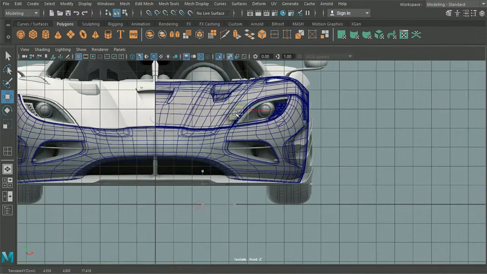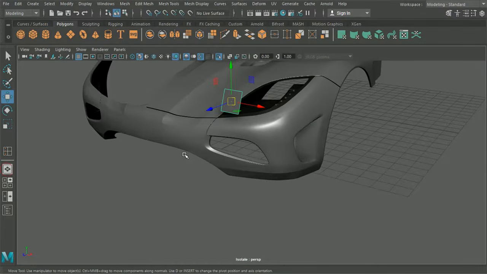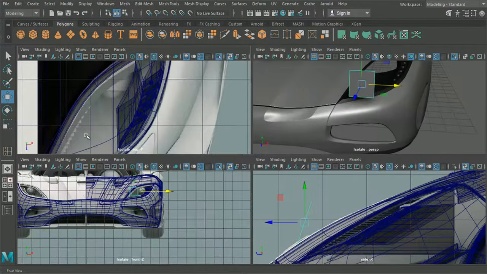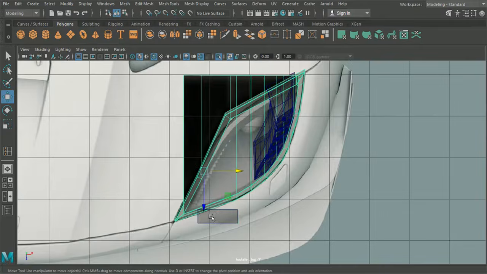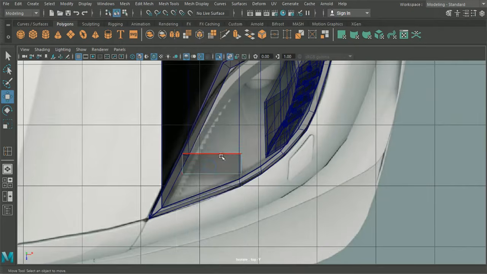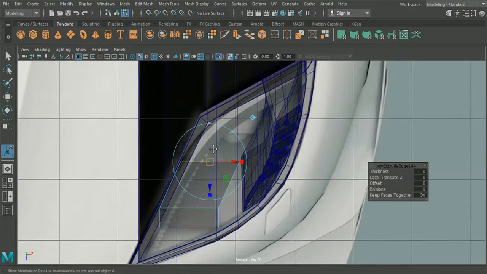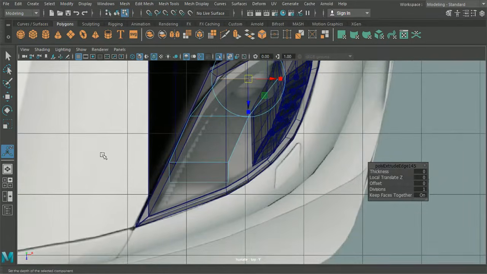So, what we'll want to do with this is, let's unsmooth this a second. What we'll probably want to do with this is have this reflect the same geometry, because it does look like it goes all the way up and around. So if you have it run 1, 2, 3,